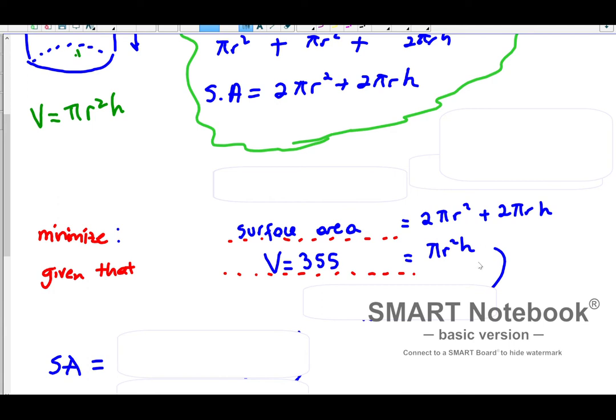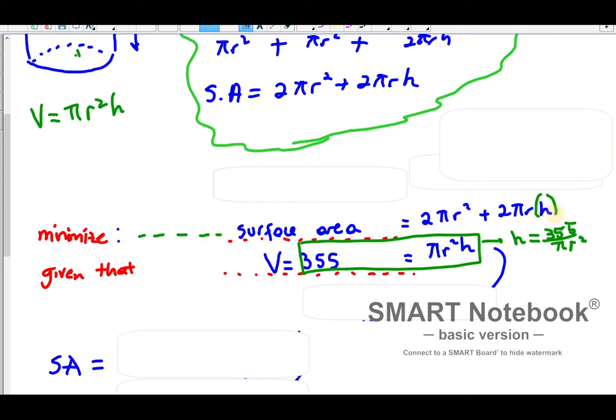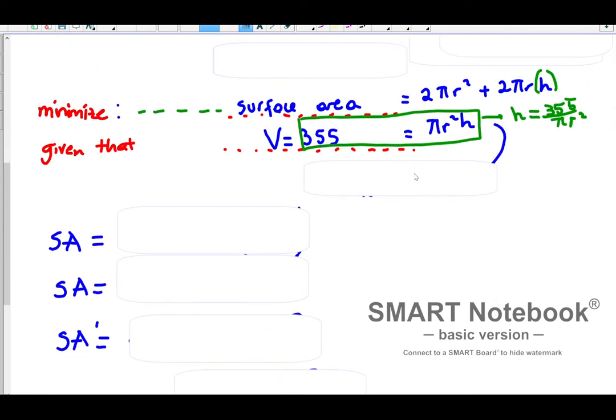So as with all optimization questions, use your constraint equation to write one variable in terms of the other. So if you look at this equation here, 355 equals pi r squared h. Which one will be easier to solve for? h, right? h equals 355 over pi r squared. And once you have that, plug that into the equation above, the one you're trying to minimize. So right there where you see h, go ahead and plug in 355 over pi r squared. So if we do that,